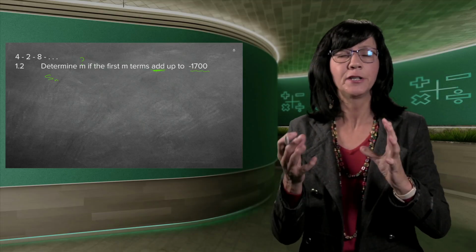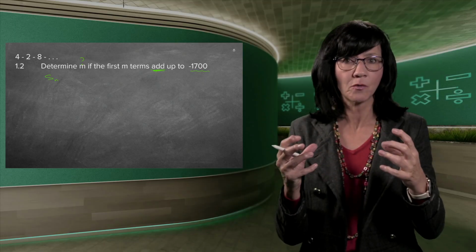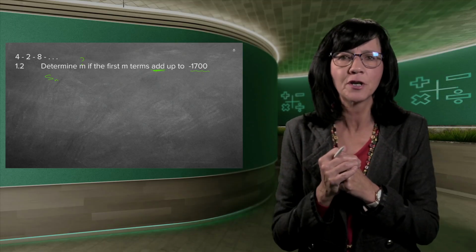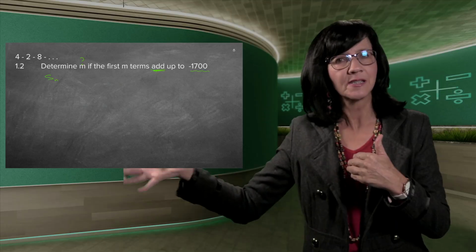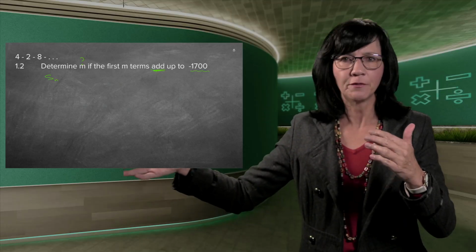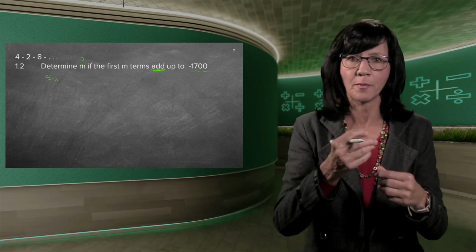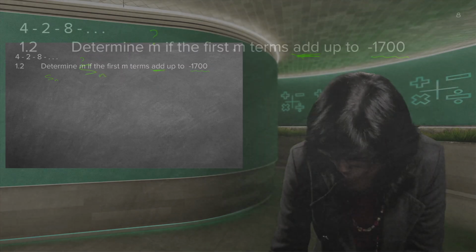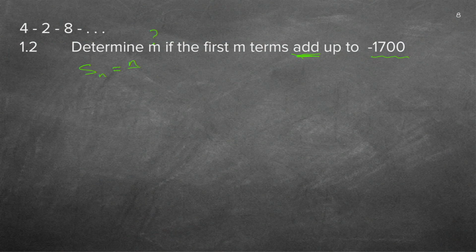Like in the previous sum, I knew I had to write down the S formula because that was the question, but I didn't have enough information to use it. So then just on the side, I did the T formula to gain information, so I can go back to the S formula. So I know it's the n one, and because I don't know the l, I just use this one: n over 2 times (2a plus (n minus 1)d). Good, it's not a difficult formula. If you look at the last part of the formula, it's actually the T formula, a plus (n minus 1)d. So you must just remember the front part.